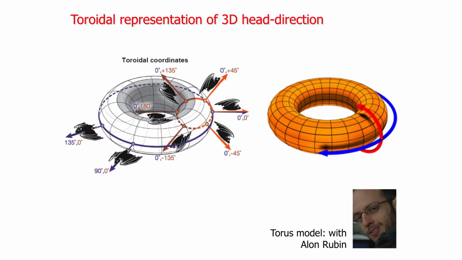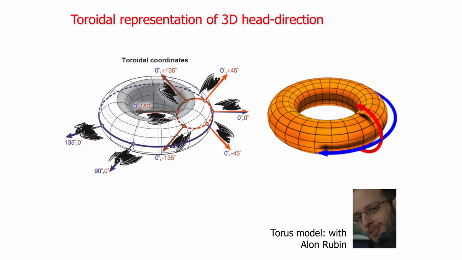So on a toroidal representation, you have 360 degrees of azimuth, this is in blue, but also 360 degrees of pitch in red. So in a toroidal coordinate frame, in fact, there is no inversion. It's the same azimuth all along. And why would something weird like that be happening? So the argument would be that if you have a standard spherical coordinate system for representing 3D head direction, then